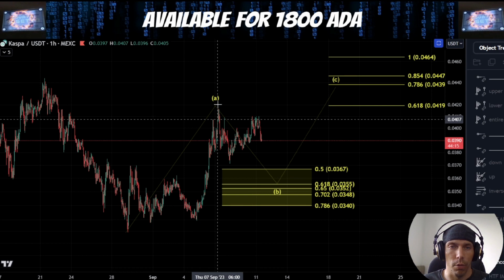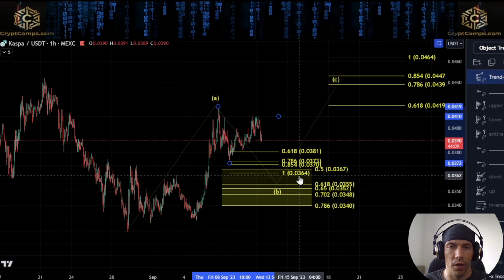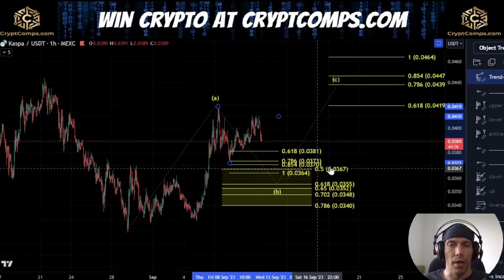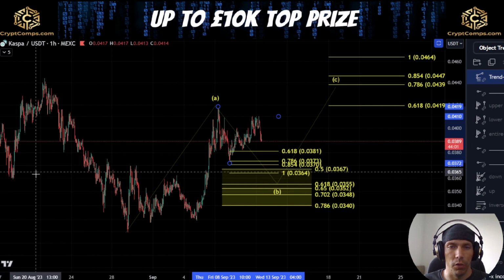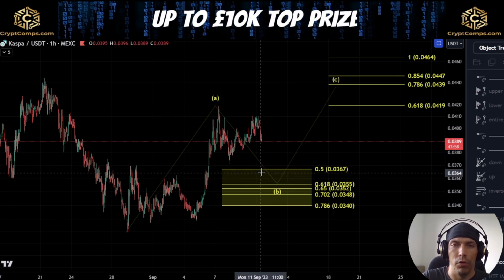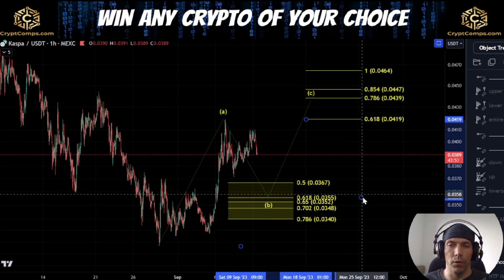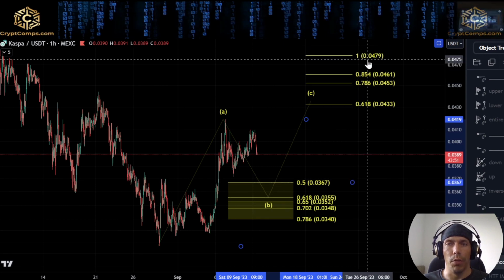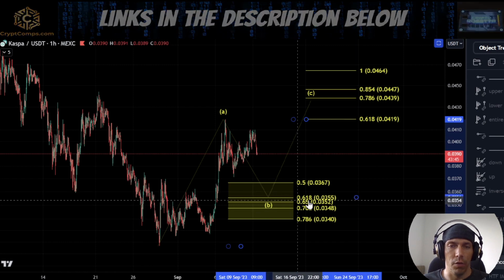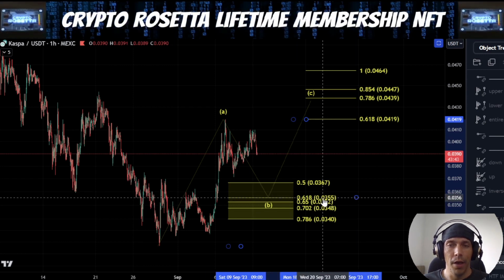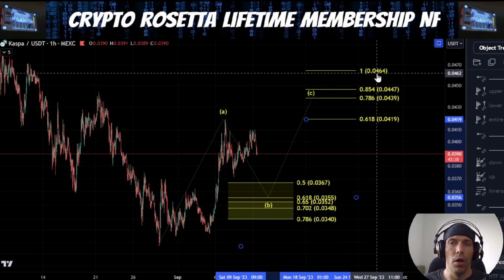So I'm just actually going to throw a fib onto this at the moment here and see where our 1-to-1 would bring us. Our 1-to-1 would bring us here towards this 364 region, and that would align quite nicely with this 50%, which would once again be a retest of some of these levels over here. So we'll be keeping an eye on that if we do continue to see the price action starting to slide here. If we did have to move down to this 50% level, 1-to-1 would be here at this 0.479, and then if we did have to move down lower, this 0.618 would be the next area of interest for me at the 0.355, and that would align with having a 1-to-1 push up towards this zone of this 0.464.